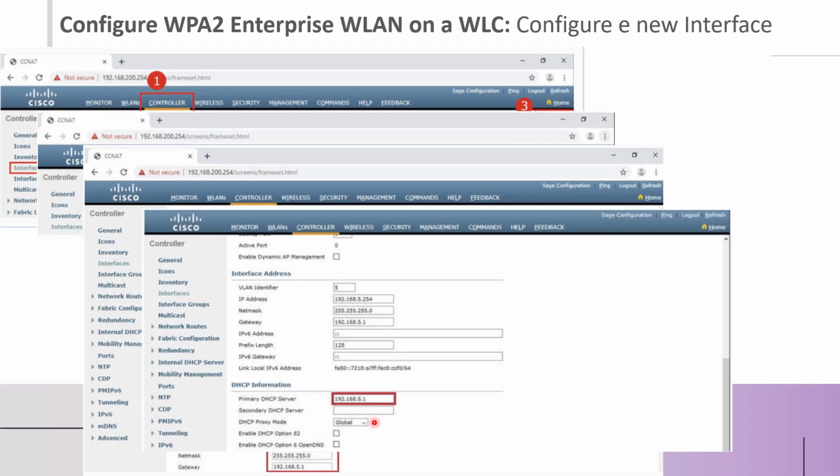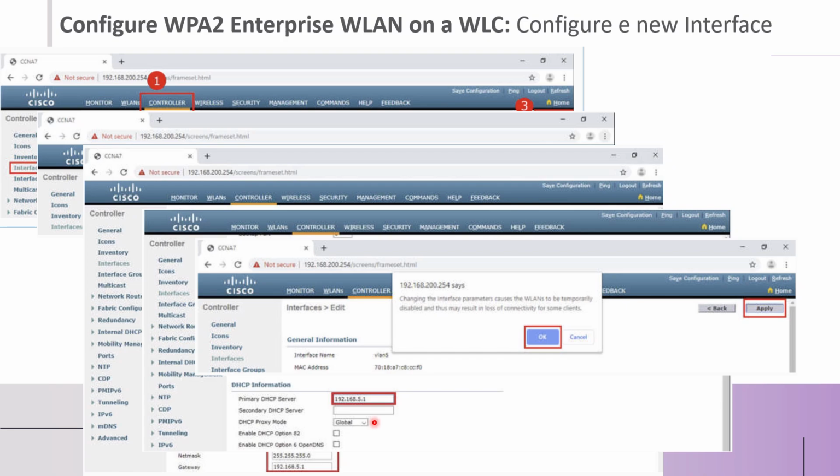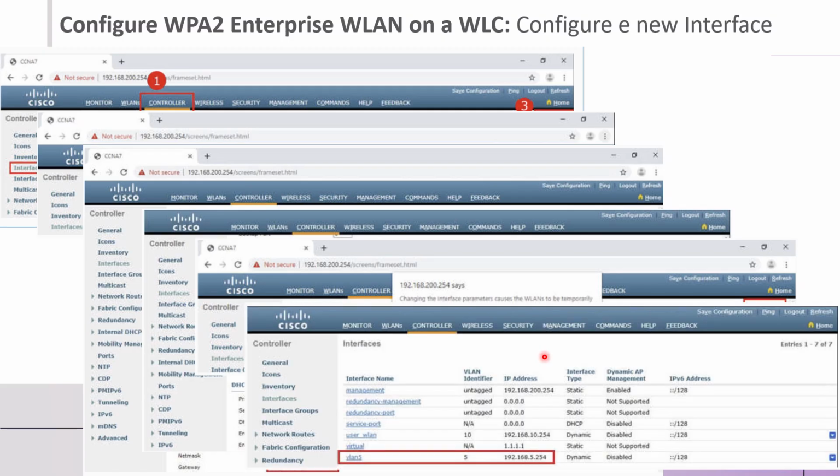And the fifth step is to apply all the information that we just configured. So we tap apply, and then at the window with a warning message, we click OK. After that, it means that we created our new interface, and the sixth step is verifying the interface that we just created, by clicking at the interfaces,